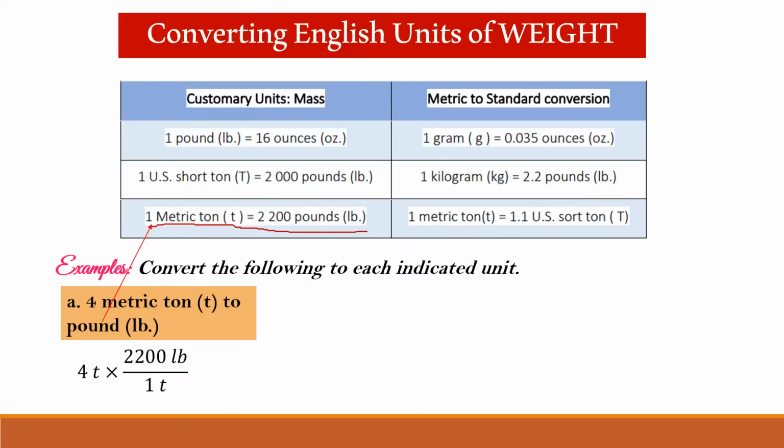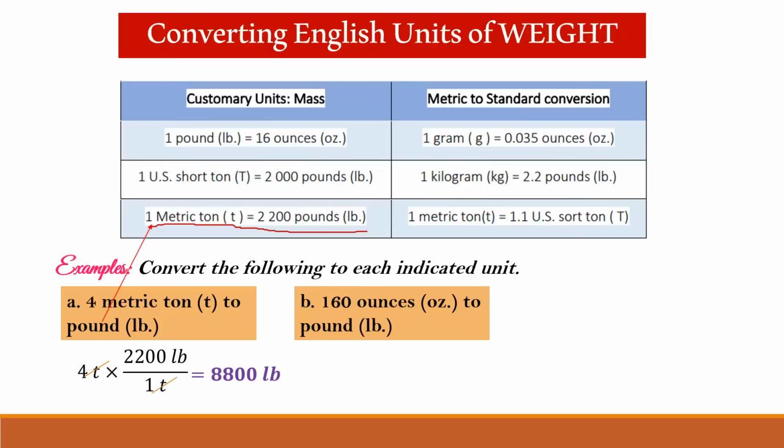Using that, we will have 4 ton times 2,200 pound over 1 ton. And we can cancel ton and multiply. So 4 times 2,200 is equal to 8,800. And then we write our unit, which is pound. So the final answer is 8,800 pound,